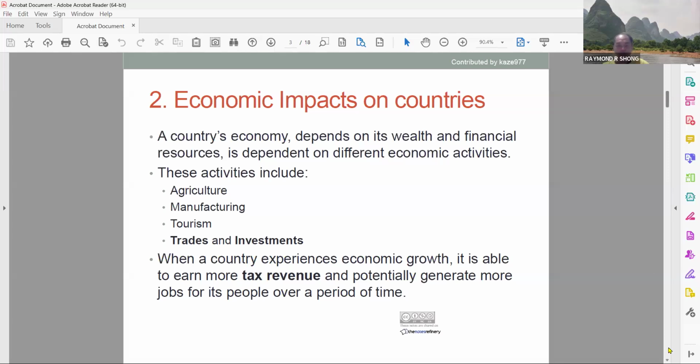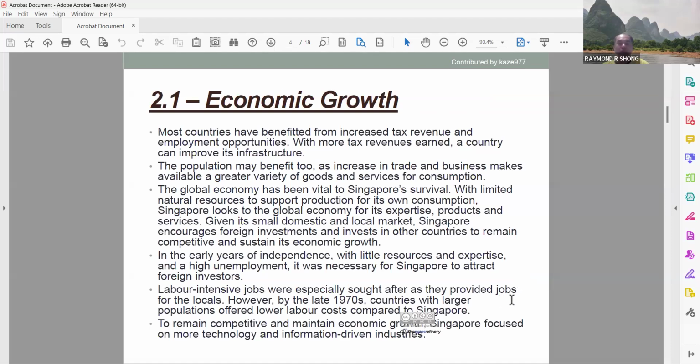Because all these points, sometimes you ask why. So this one, when I'm talking, please read now. I don't want you all to read everything, just speed read. I'm just picking out the points. I've been looking at this slide many times with him. So the very important thing, like this point, the global economy has been vital to Singapore's survival. Please write down this one. You see, I just randomly pick. I leave it to you. You want to write, you don't want to write, it's your exam, not my exam. I'm telling you, it's important. But you realize all these points, ladies and gentlemen, you want to take a picture, I leave it to you. Okay.